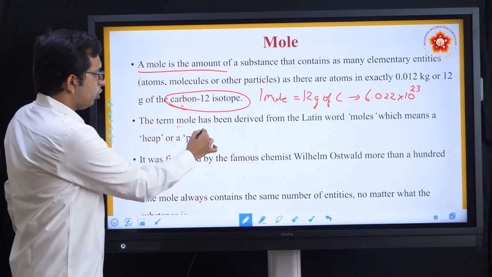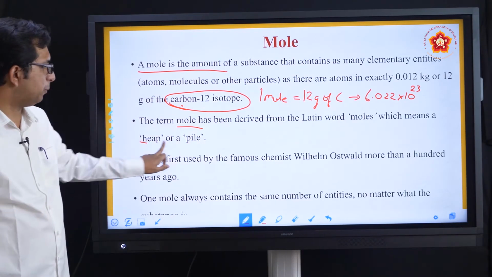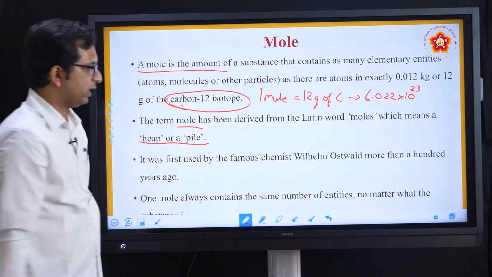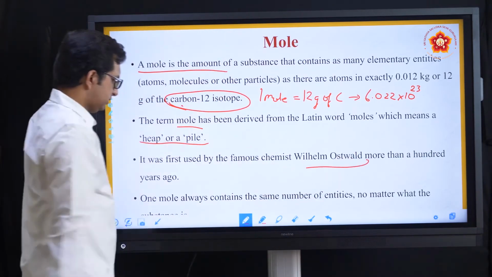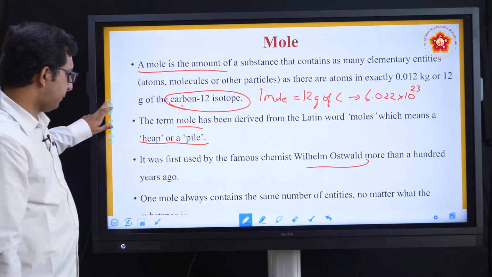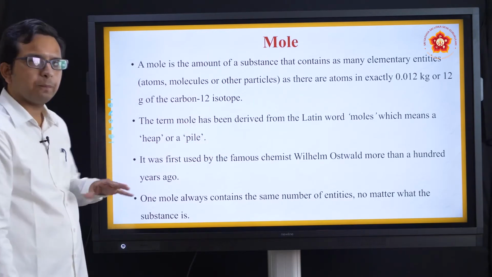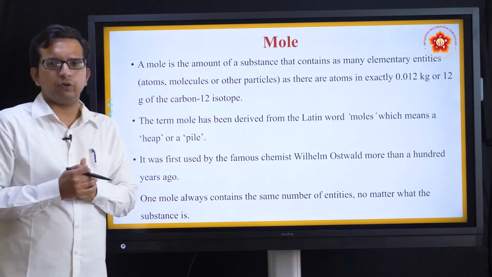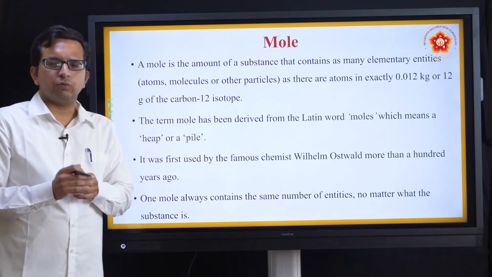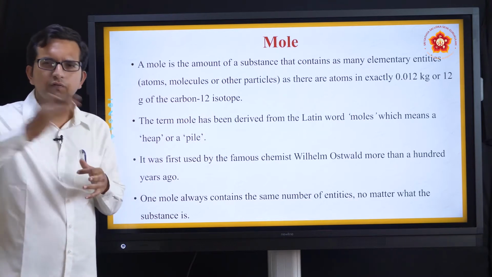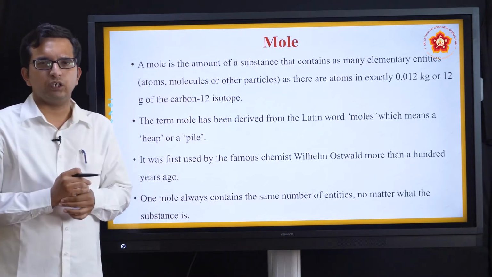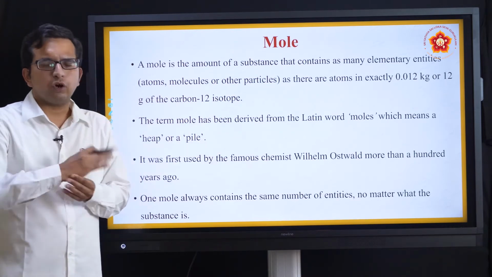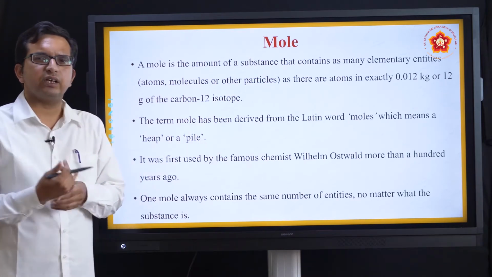The term mole has been derived from the Latin word for a heap or a pile. These are basic general understandings about this, found out by Ostwald, the scientist who was there. Generally they propose the theory, and nowadays the technology is very good, but earlier days it was not so. Once you propose a theory, it would take a lot of time to apply it to the real world. So whenever they proposed, it took a lot of time, and further scientists studied well and